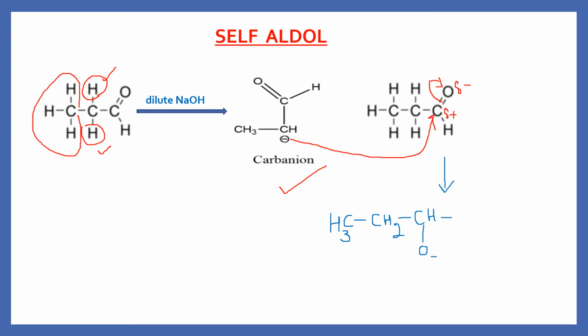Now here we have to be careful. This is attached to CH, which was having a negative charge, and the CH is further attached to one CHO and one CH3. Then you can count the bonds of each carbon. Each carbon should have total 4 bonds. And here the H plus will come to make it OH. Now this compound is the aldol.